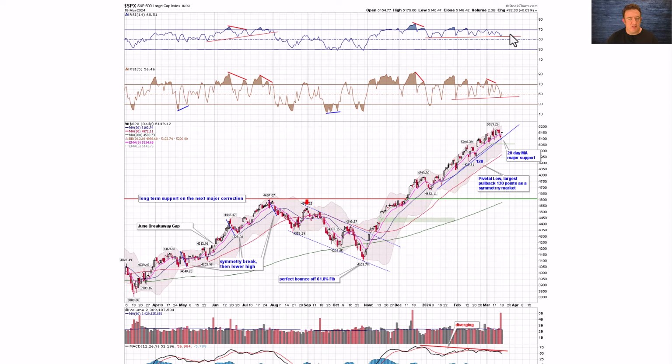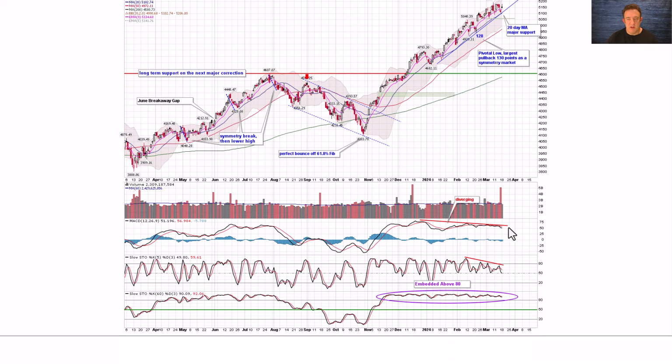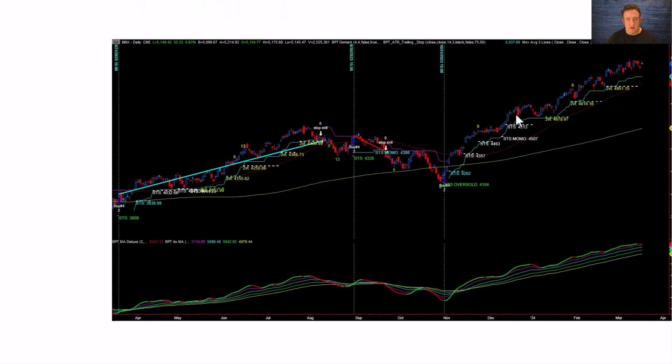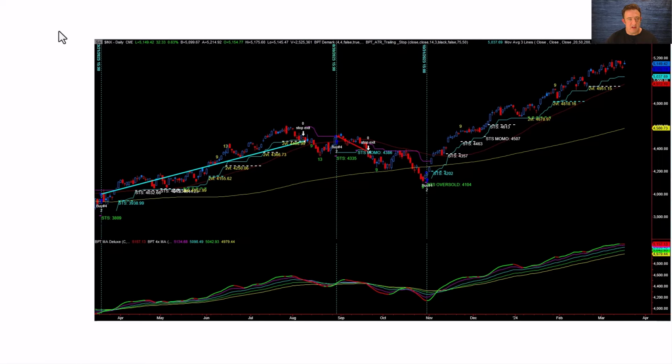Here, a couple other things you can monitor as triggers would be a break of these RSI trend lines. Those tend to be quite reliable. You can see the MACD has been lagging or diverging here for quite a while. You have some divergence on the stochastics. And the stochastic 60 has been embedded above 80 for quite a long time. And I'll show you a little bit more about that on the next chart. Oh, actually, before we get to that, here is the